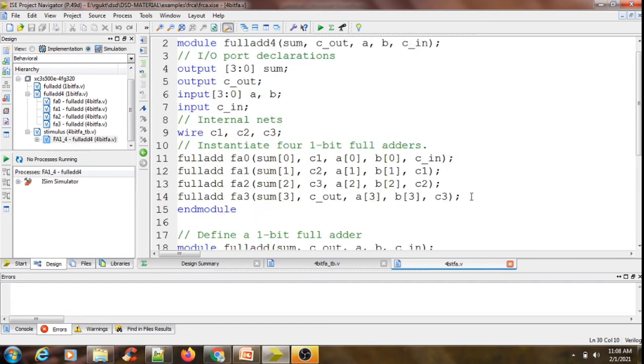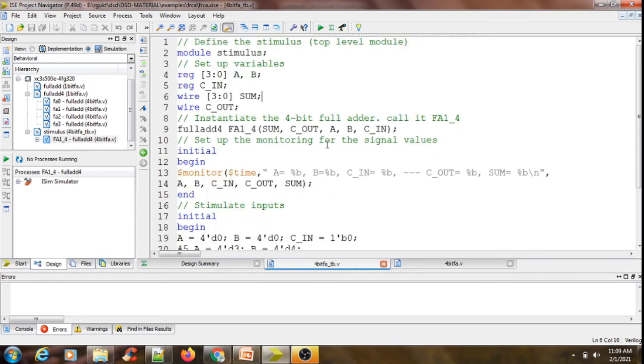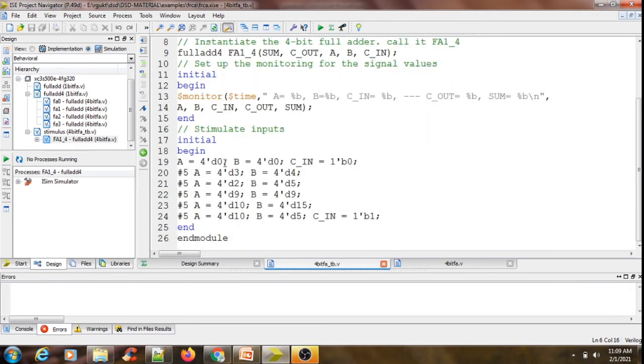And this will be your module definition for your 4-bit ripple carry adder. Once the definition is completed, you can instantiate it in the top level test bench module. The test bench module drives some signals into your design unit and observes the output of your design unit through the output signals. Output signals are generated as soon as your design unit computes the input signals it receives. So let me simulate this module.